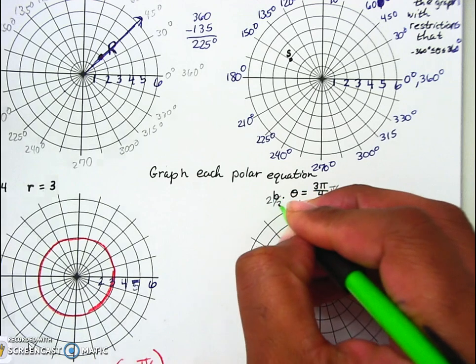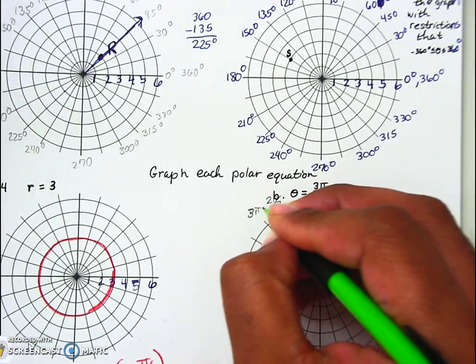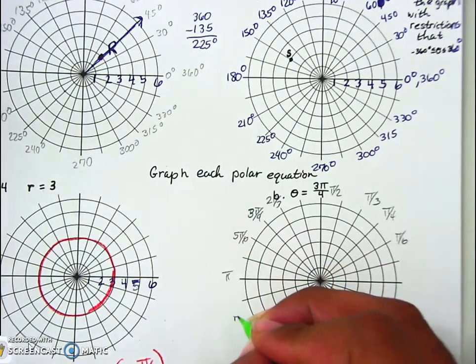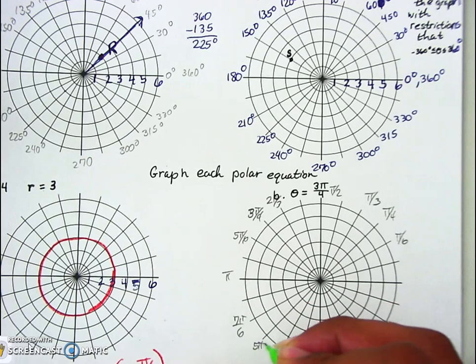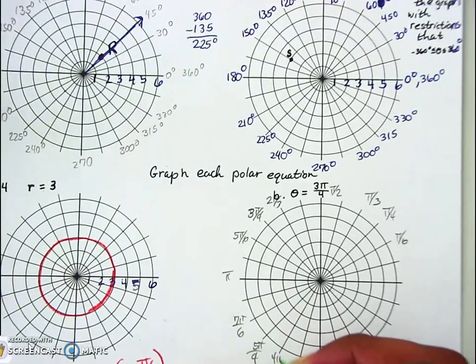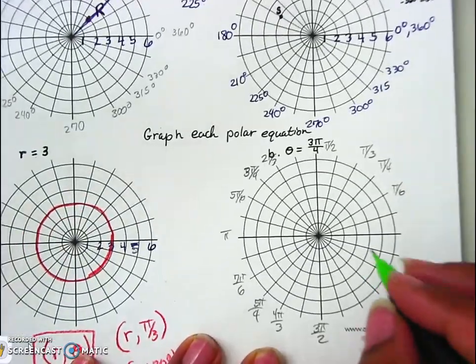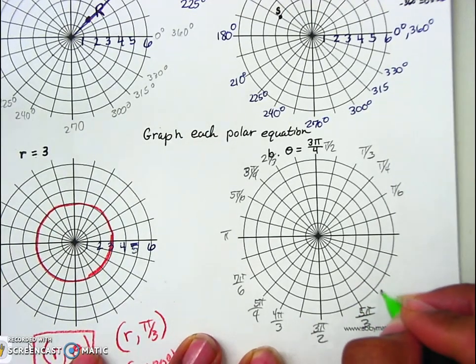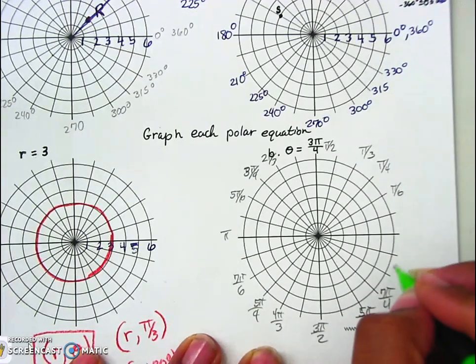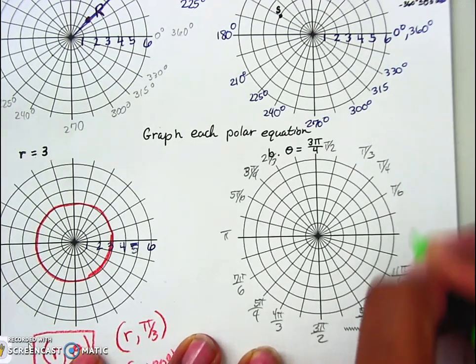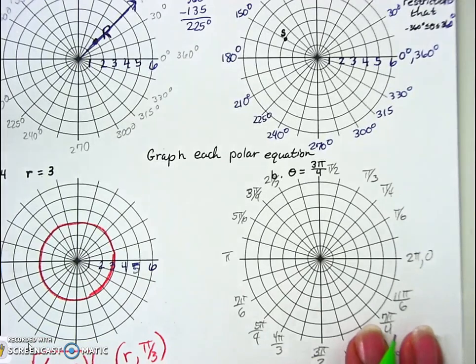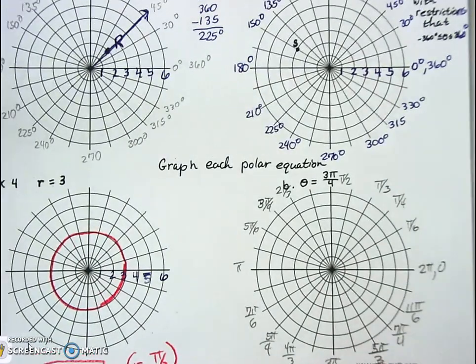2 pi over 3. 3 pi over 4, sorry, 5 pi over 6. Pi, 7 pi over 6, 5 pi over 4, 4 pi over 3, 3 pi over 2, and so forth. You know these values. I'm just doing them really quickly so we can get this problem done quickly. And it's not new, and because it's not new, that's why I'm not going to spend time on it. All right, so we have 2 pi here and 0 radians again, either way. Now here it says the degree that is